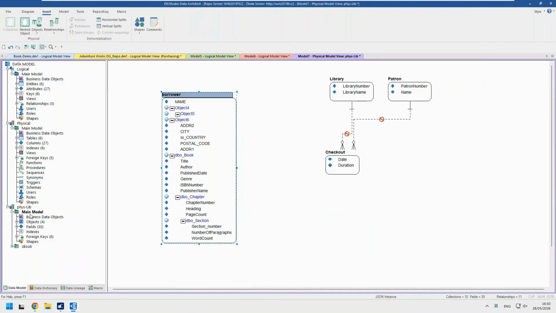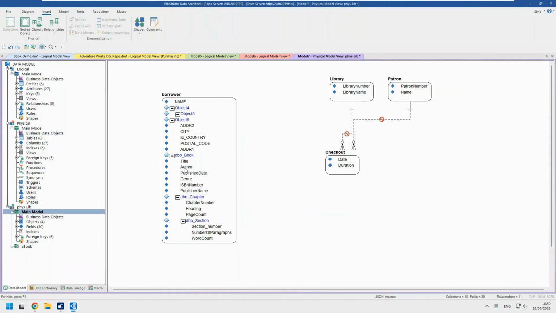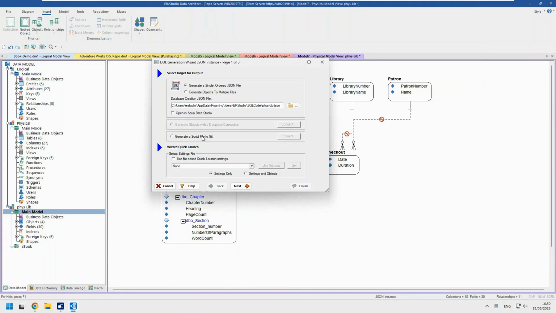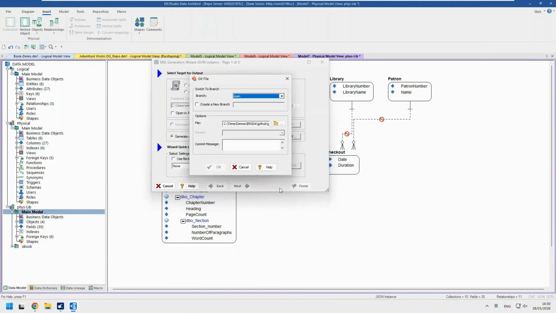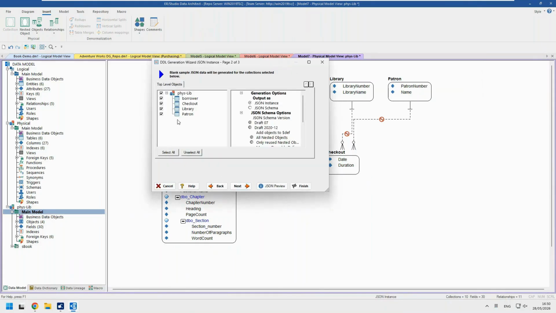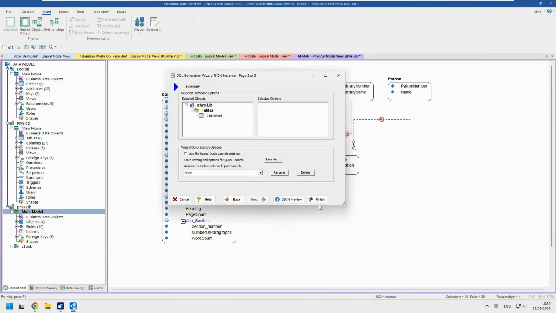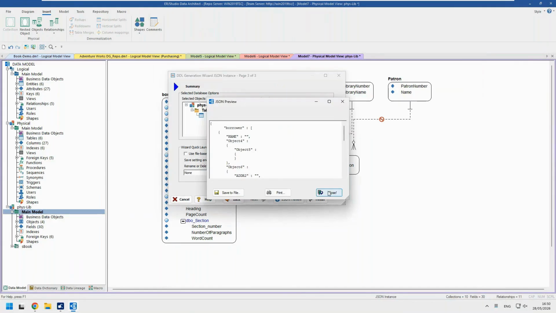And then I could go ahead and say let's generate that one, generate it, connect. And maybe I don't want all the others, maybe I just want the borrower one, because that's the one that we're updating. Is that right? Yeah. And next, and again, I can do the preview. It's got more information in there now. But if we finish that,